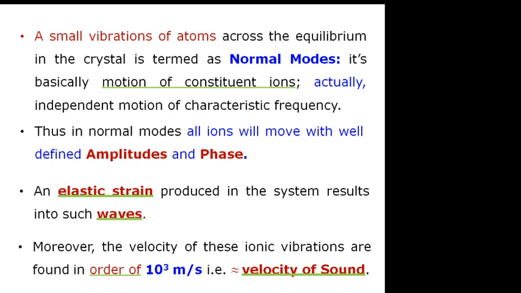And the last concept: whatever the mode of vibrations, normal modes of vibration are producing a vibration within an elastic material or the elastic medium or a homogeneous medium like a crystal, and the order of vibrations will produce a certain frequency, and this frequency will be in the order of 10 to the power 3 meter per second. This is almost equivalent to the velocity of sound.